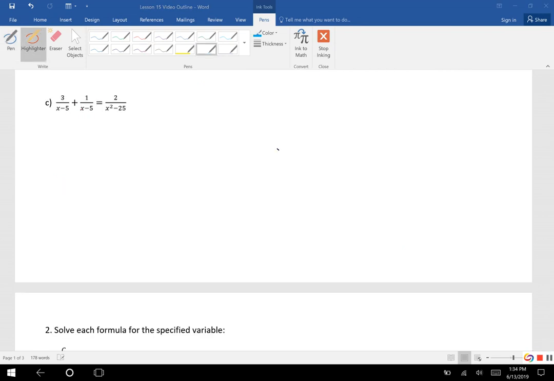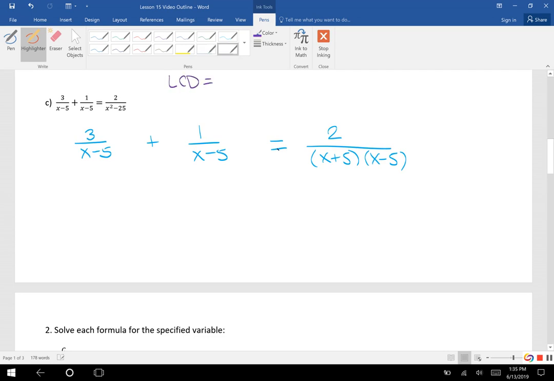All right, let's do one more example. I'm going to copy down this equation, 3 over x minus 5 plus 1 over x minus 5. And with that right-hand side, I'm going to write my denominator in factored form, x plus 5, x minus 5. So having that denominator in factored form helps me figure out what is the LCD. I have denominators of x minus 5, and then I have this x plus 5, x minus 5. So my LCD needs an x minus 5, and it also needs an x plus